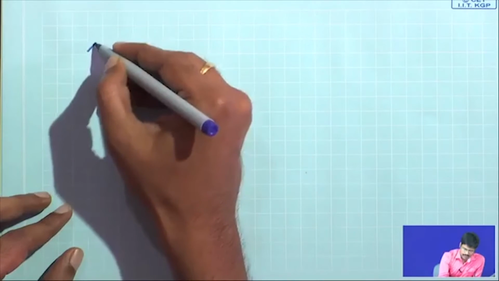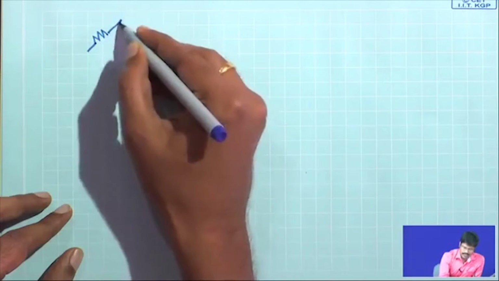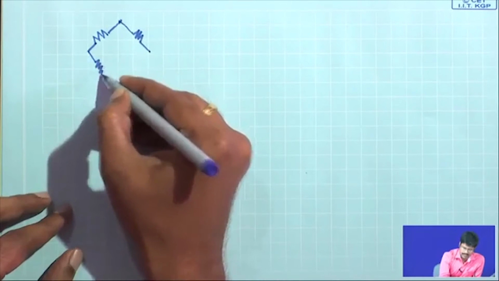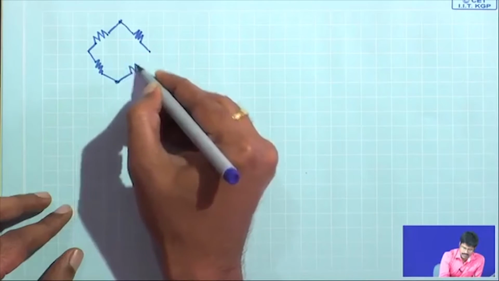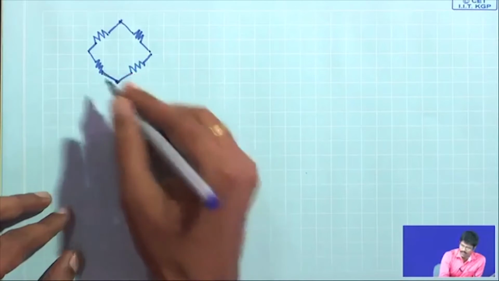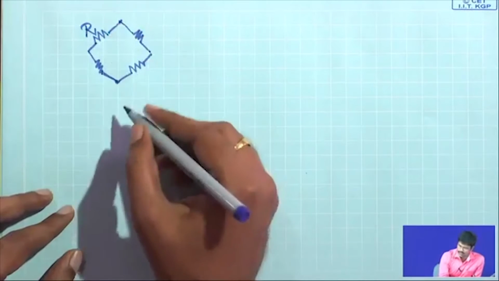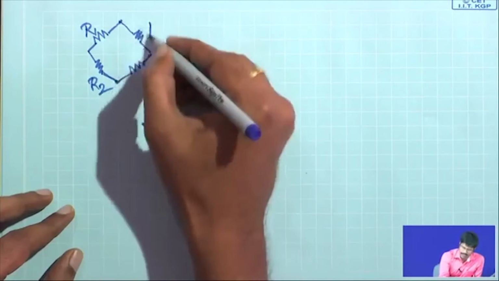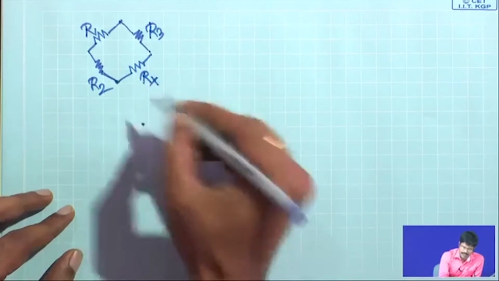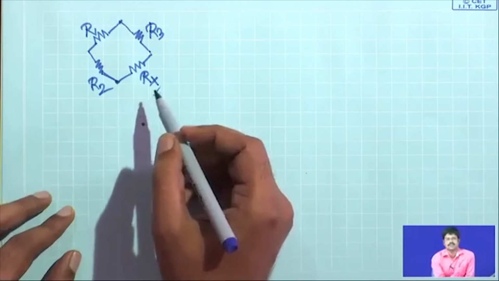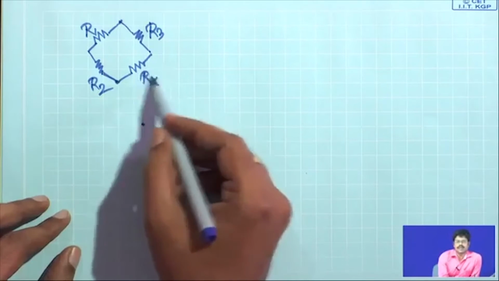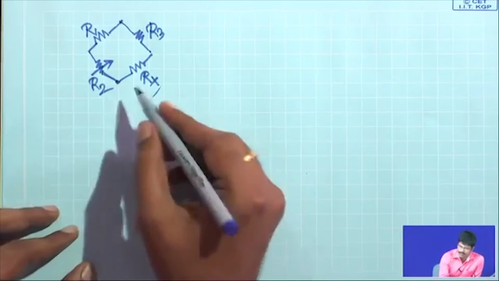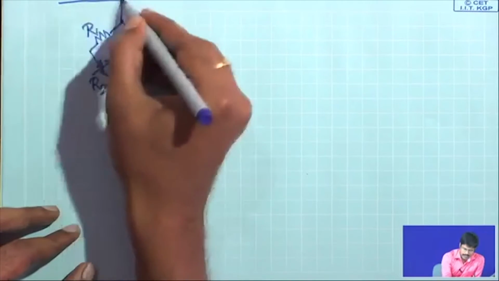So, you have 4 resistors that are connected in this fashion. So, this is say R1 and this is R2, this is R3 and this is Rx. Rx means you have to determine this resistance. This R2 is a variable resistance, you can change this resistance, and this is connected like this